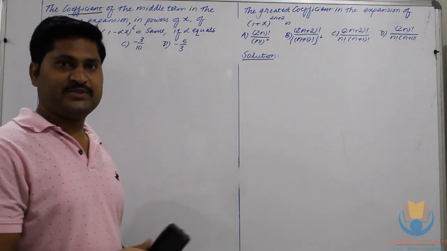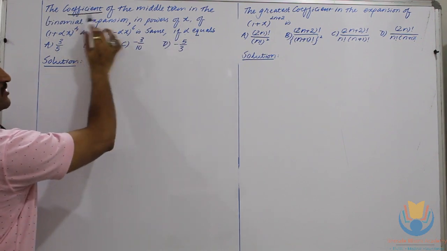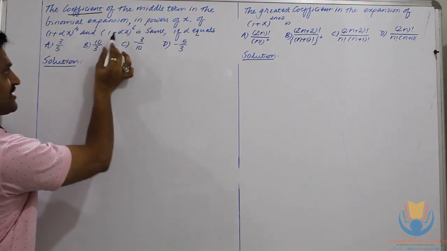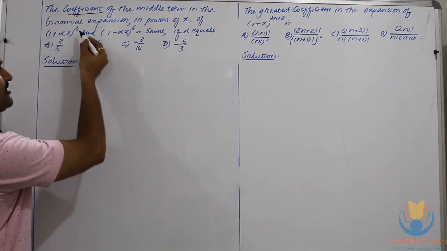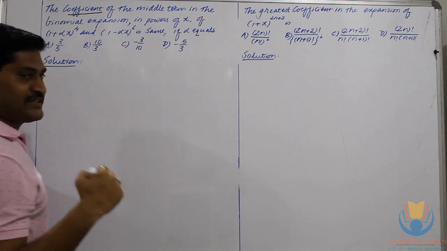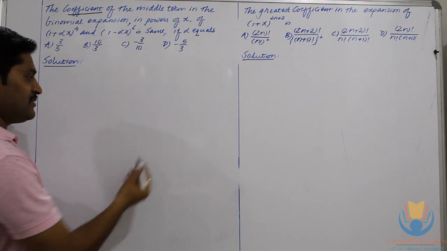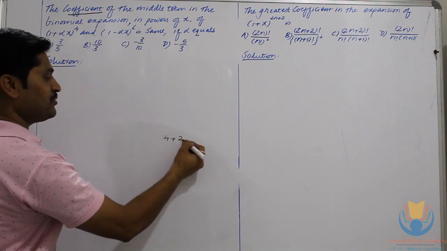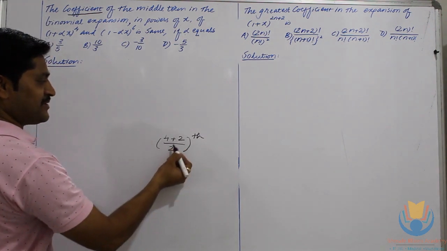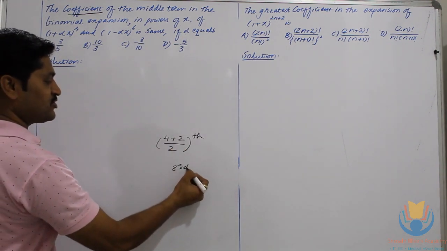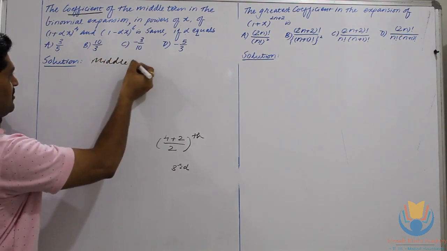Let's start these two MCQs. Here in the first, we have to find the value of alpha for which the coefficients of the middle terms of those two expansions are equal. For that, let's consider this first expansion. As you can see here, the value of n is 4, which is even. So for an even value of n, there will be only one middle term, and that middle term is going to be the (4 plus 2) by 2th term, and that 4 plus 2 is 6, by 2 is 3. So here the third term is going to be the middle term. So let's find the middle term for the first expansion here.